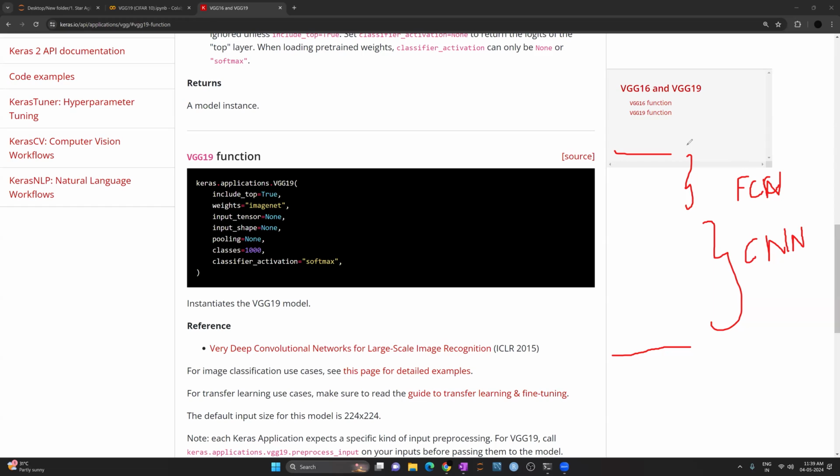Right? So I hope that is clear. So here, when we draw the architectures of these neural networks, we draw the architecture in bottom-up manner. That means input layer here and output layer here. So CNN part, fully connected network part, right? So include top parameter refers to